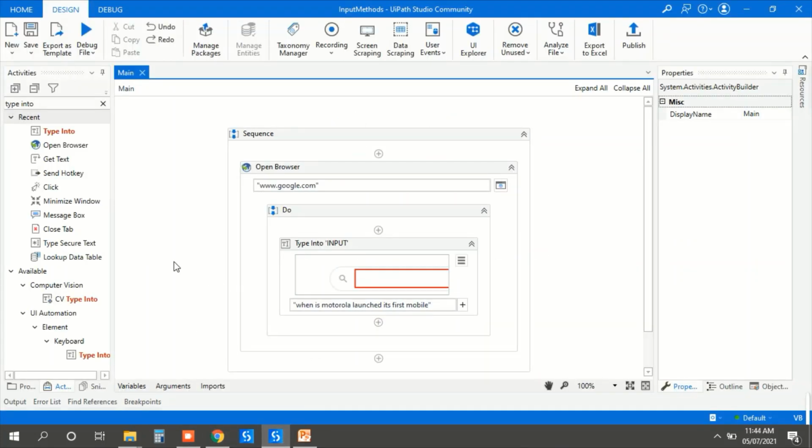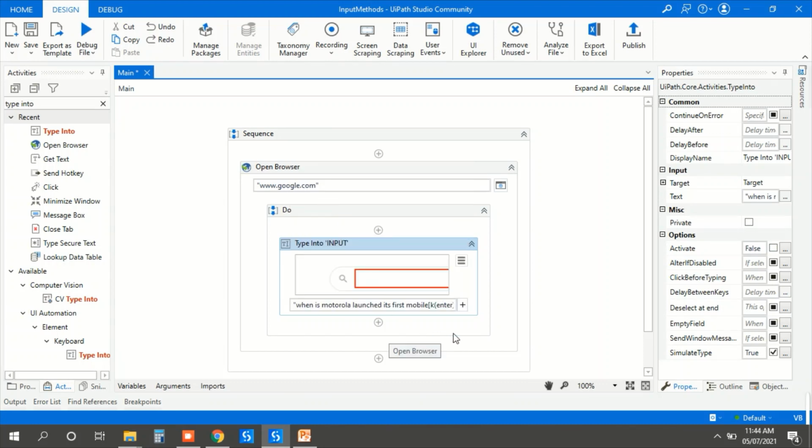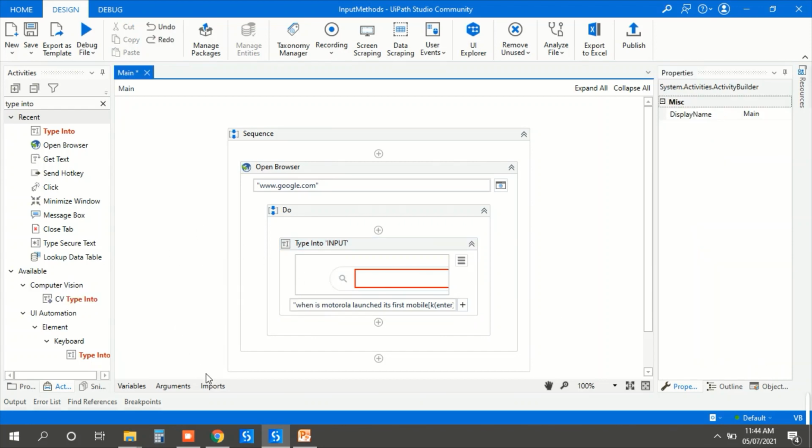Let me now show you the send hotkey method. For the send hotkey, you can click on the plus icon and let's say enter here. Now check the enter. I will proceed with the default method.